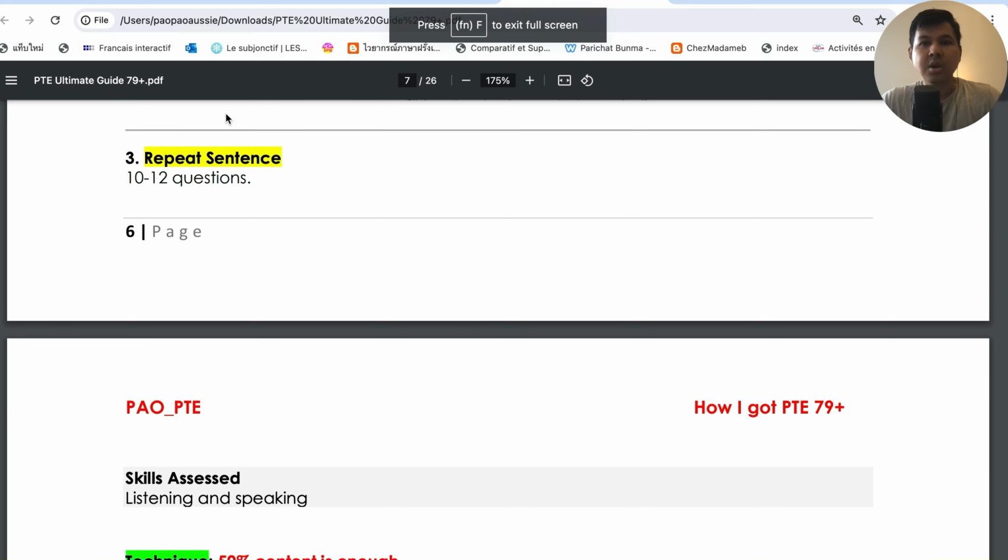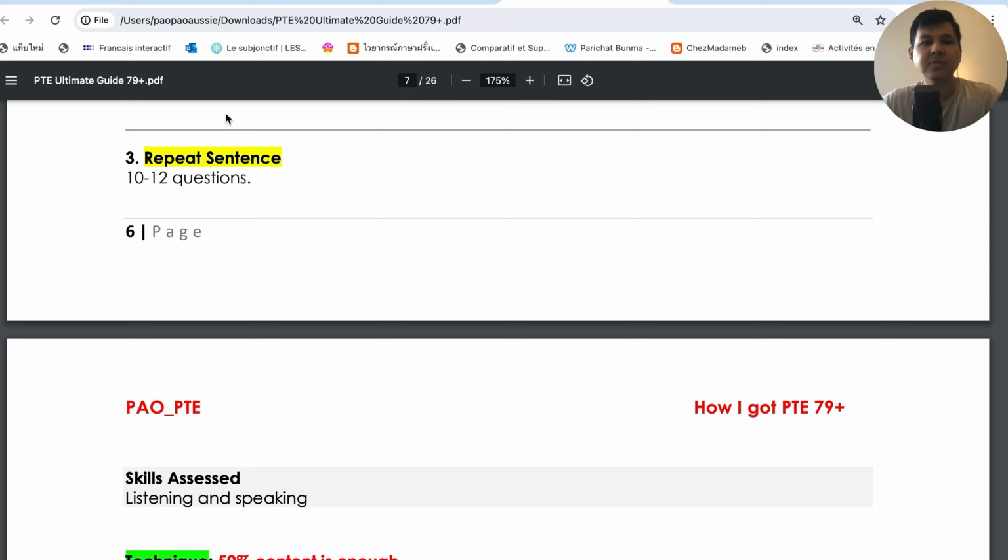Now I'm going to talk about the second most important task in the PTE exam in the speaking section. It is one of the most important tasks because it contributes a lot of points for your listening section and for your speaking section as well. This is repeat sentence, and I think repeat sentence is one of the most difficult tasks in PTE